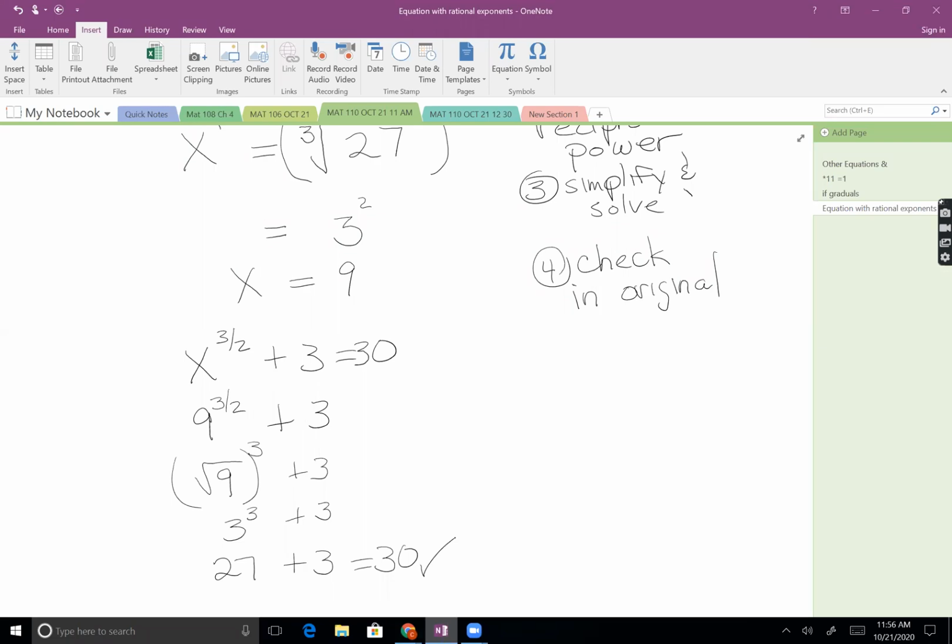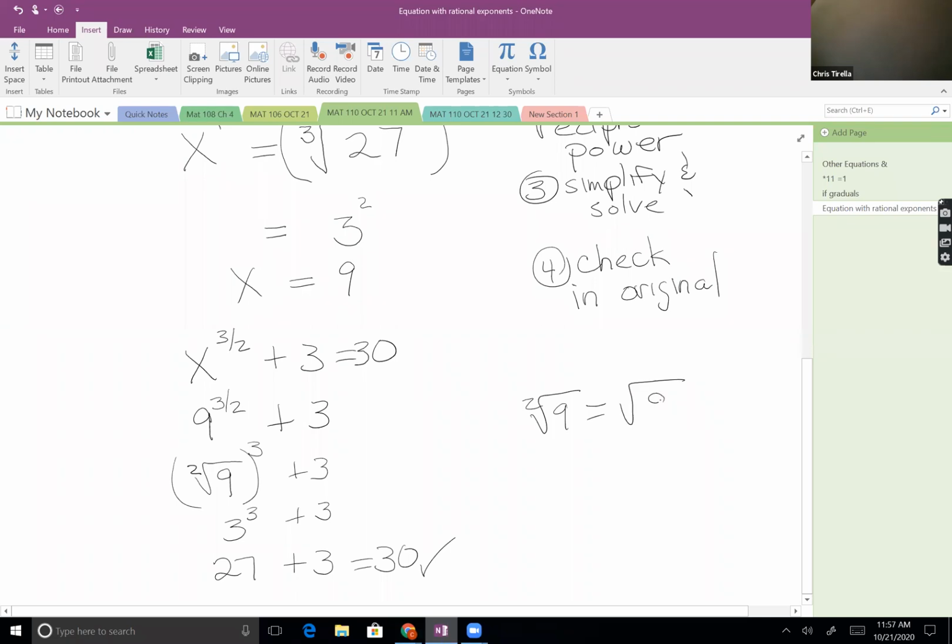I have a question. Sure. Where did the 2 go? The 3/2. You only used the 3, it looks like. Because the 2 would be the index on the radical. And when I take the second root of 9, it's just taking the square root. If you want to write that 2 in there, you can, but you don't have to. I think I told you guys once, my theory is that mathematicians are intrinsically lazy and don't like to write. And so that's a shortcut I can take.